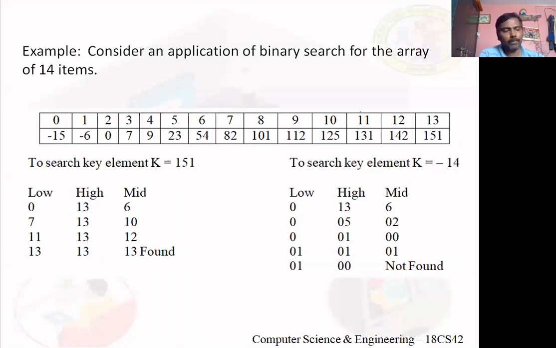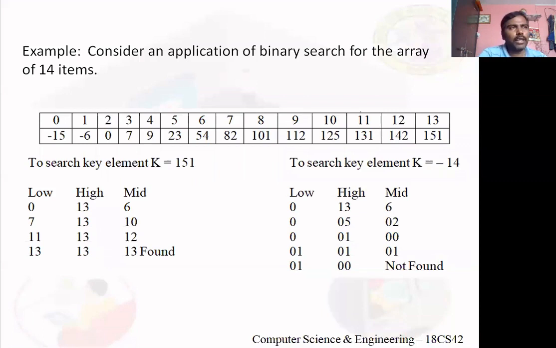The low index of the subarray is retained as it is, but the high index you make one less than the present mid index. The present mid index is 1, and one less than 1 is 0. So now the high index becomes 0 in the last step. Okay, I repeat. Just go through it, don't get confused.